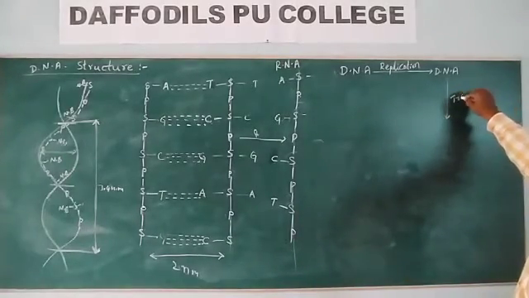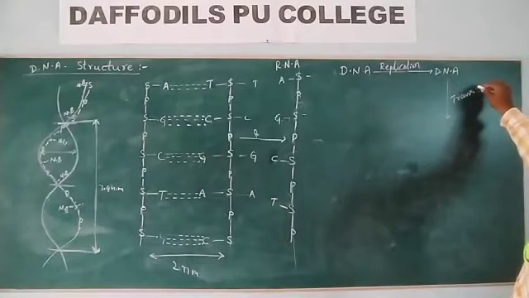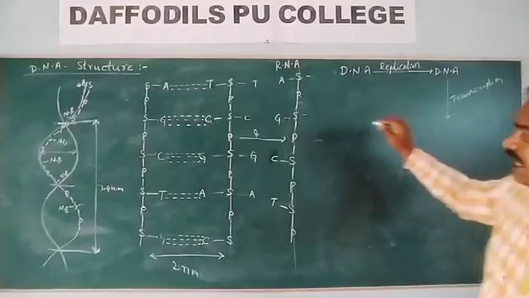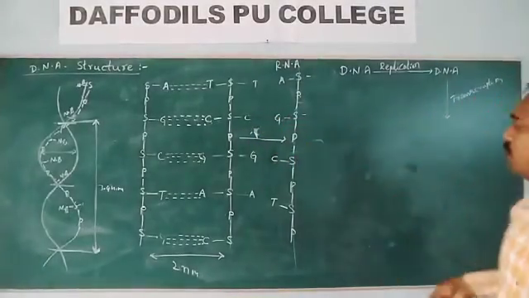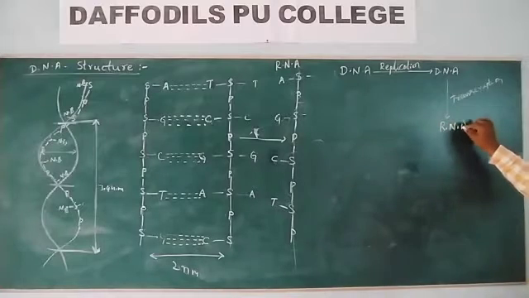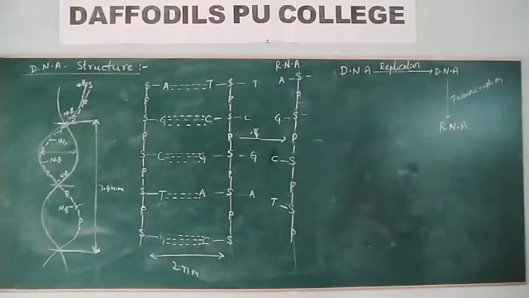The complementary pairs are formed on the RNA chain. This process is known as transcription. After transcription,